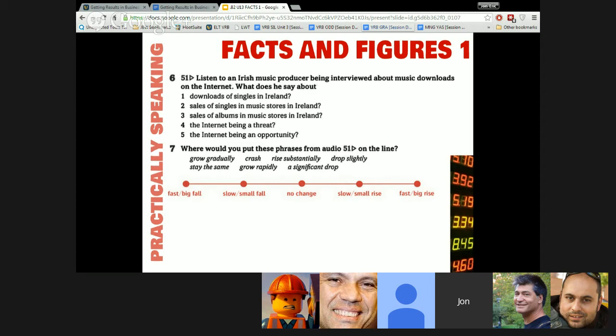He said that there is a lot of download of singles in general, but specifically in Ireland, they prefer albums, no? That is right. They prefer albums. So, have the sales of singles dropped? No, I think he said roughly the same. Have they dropped? Yes. Dropped a lot? No. In the UK, well, let's go to the second question.